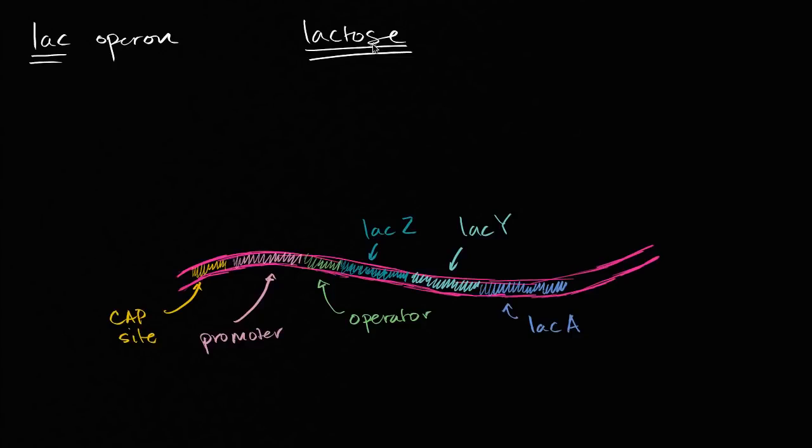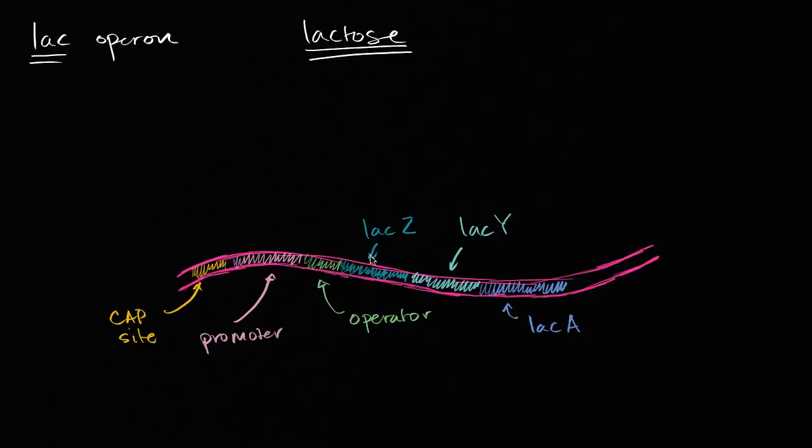Some of us, including myself, are lactose intolerant. I have trouble digesting lactose, so I have mixed feelings regarding this. But in general, for a cell to make use of it, it needs to be able to absorb the lactose. It needs to be able to split it up into simpler sugars that it can actually use for fuel. And that is what the genes in the lac operon actually do code for.